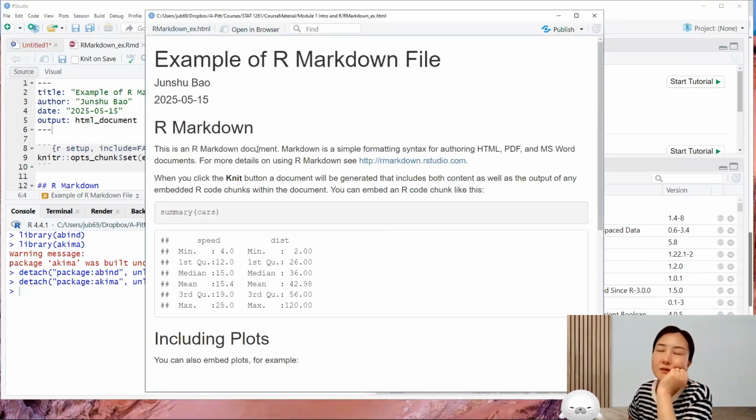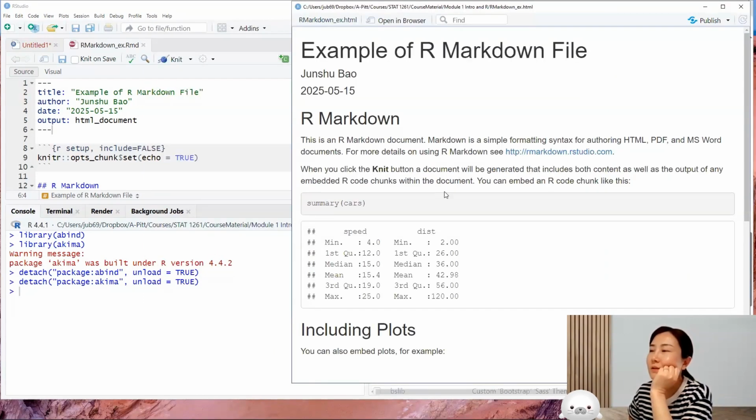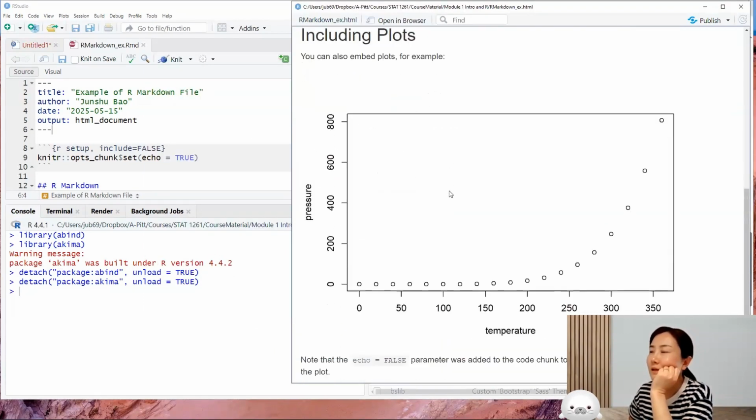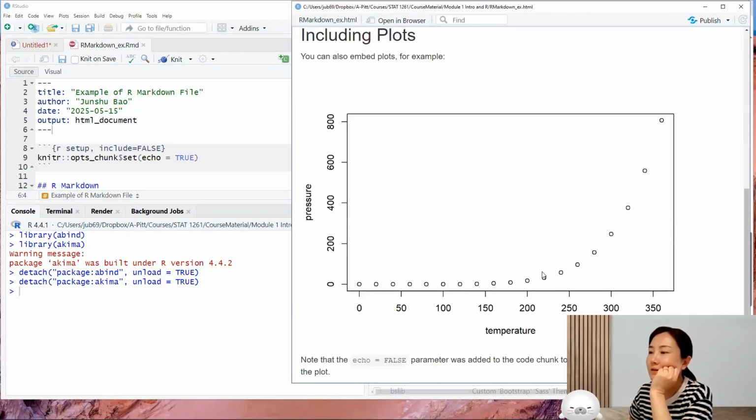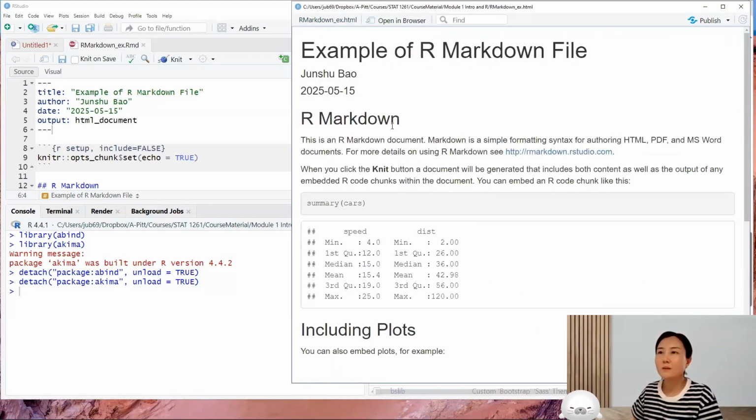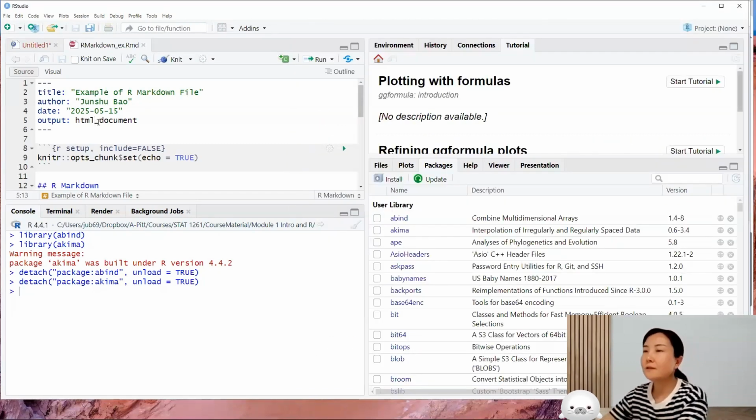All right. So this is a report. I didn't change anything. I only changed the title. And then you see our code, our output, and plot will be shown all for you. This is a simple example. And you can also, for example,